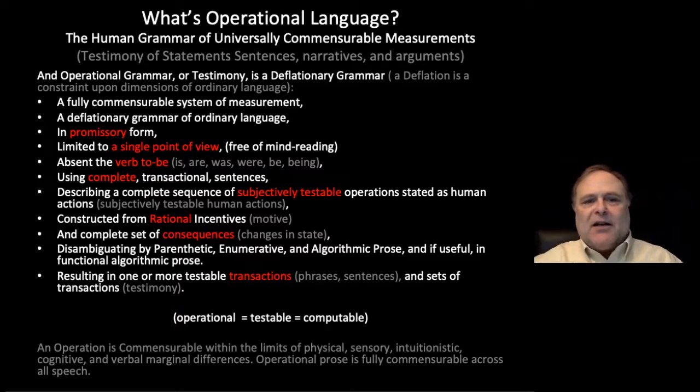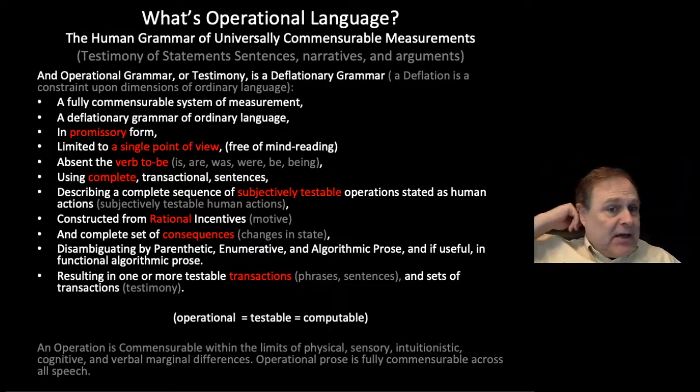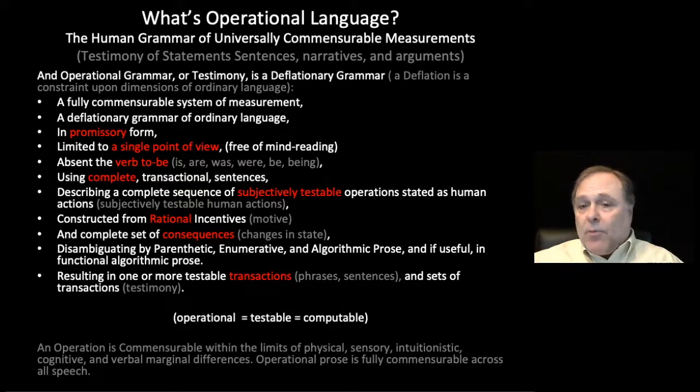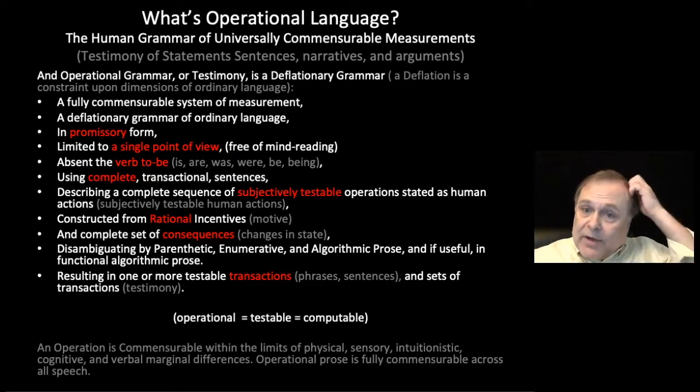Then we ensure that those sentences, now in operational terms, survive the test that they're constructed from rational incentives, in other words, motives, for both parties, for all parties. And that, again, we've listed all consequences of changes in state. So the ball ran to,